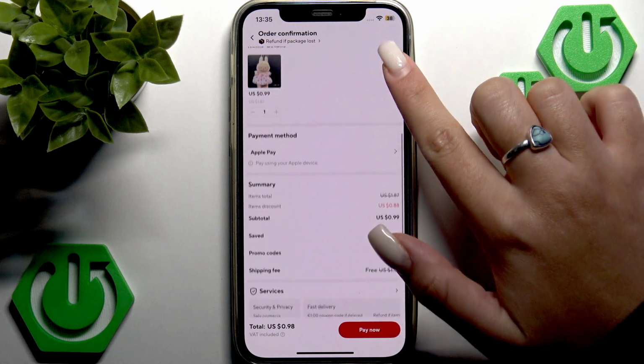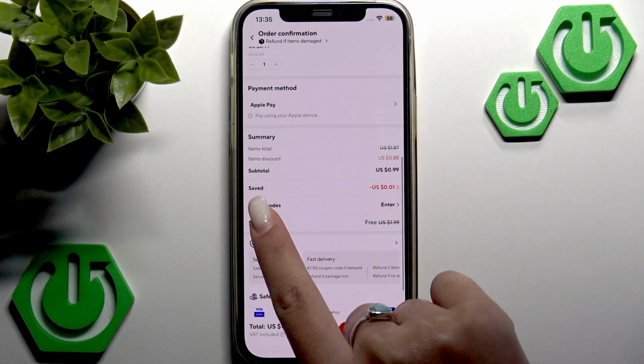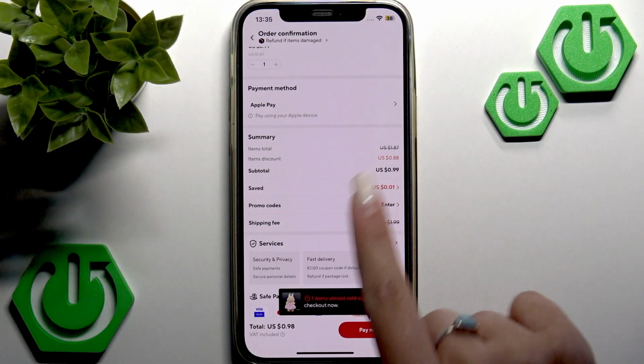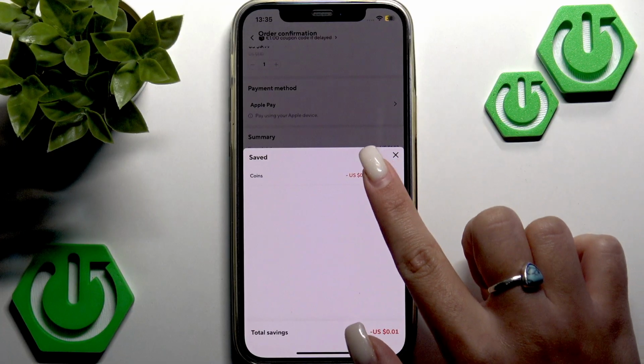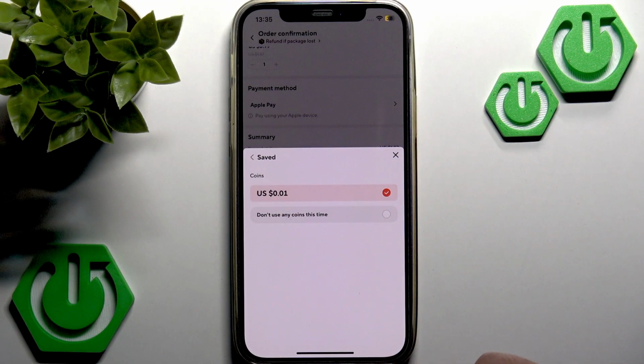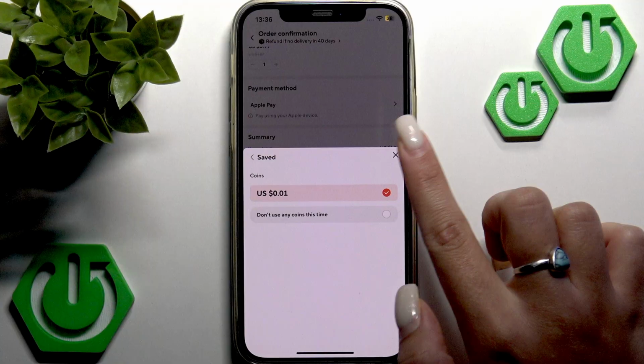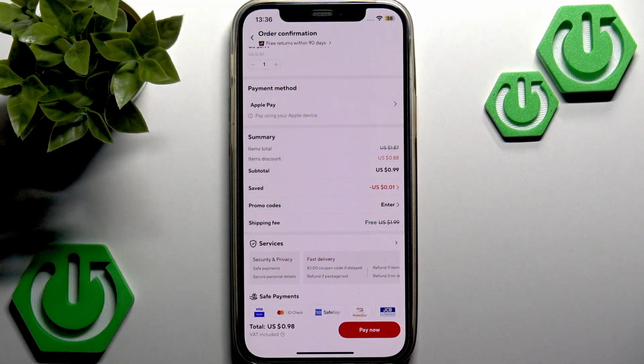And here, if I scroll down to summary section and see saved line and tap here, I will see that I have used 1 coin for this item to get my discount. And if I tap here again, I can see an option to not use any coins this time, but of course I will use my coins because I want to get my discount. So as you have seen, I did absolutely nothing, and AliExpress automatically deducted amount of coins that are eligible for